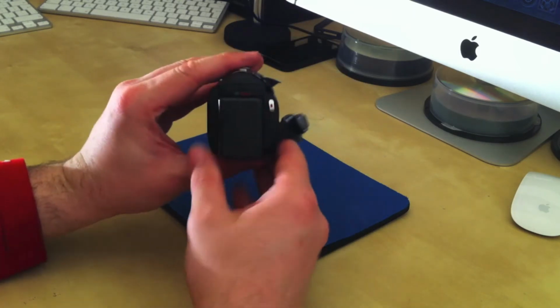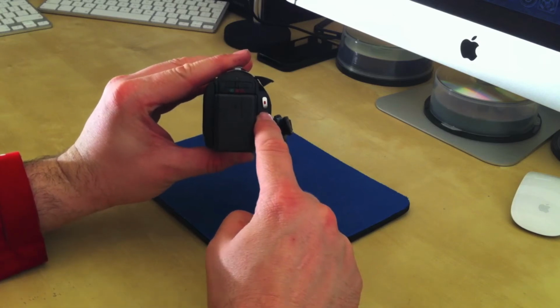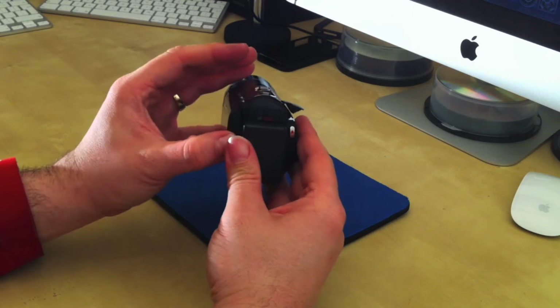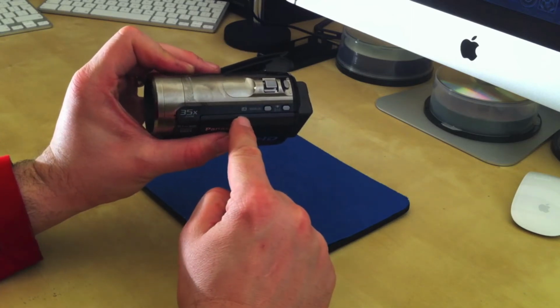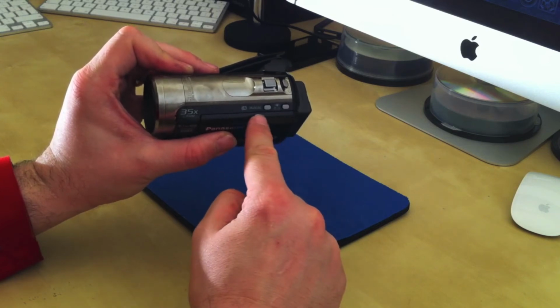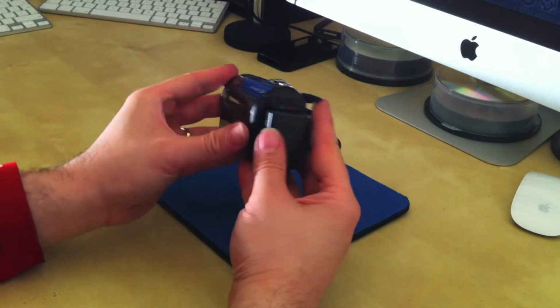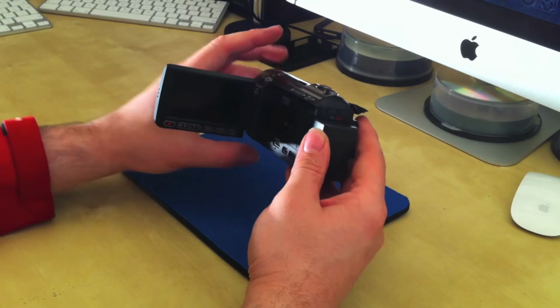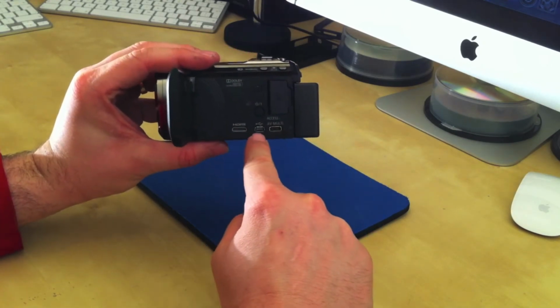I've got to say it is a superb camera. That's your record button when you're doing motion. That's where you record, and on the top it's the OIS, which is the optical image stabilization, and a fully automatic mode for recording that works everything out itself, which is pretty good, I must admit. But it does have scene modes. Inside we've got HDMI,